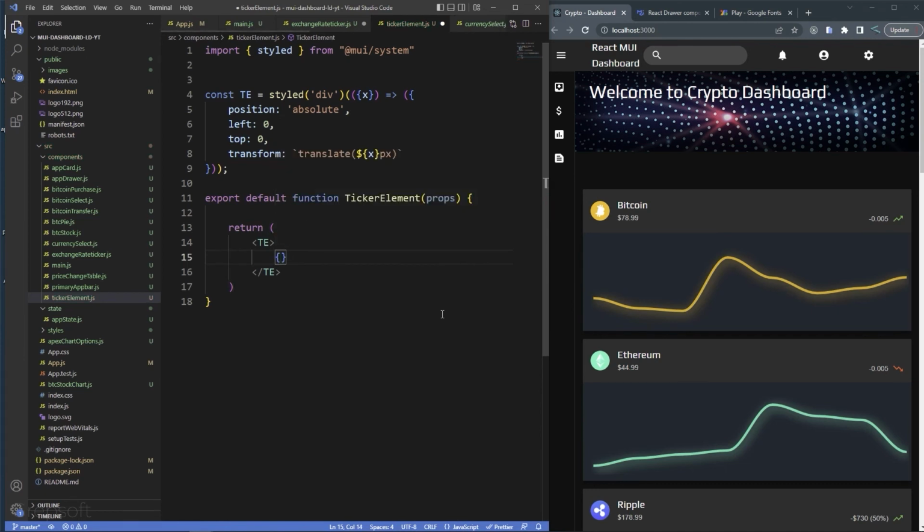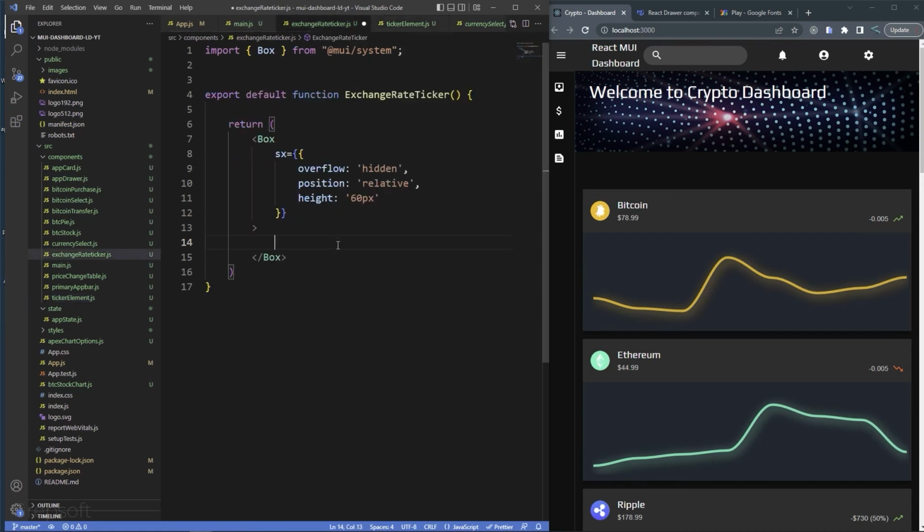and then I can get the children, so I can say const children is equal to props, and I can say children like that. And don't forget, the other thing is we need to pass in that X, but we'll do that later when the need comes. Alright, so I can come here now and I can say ticker